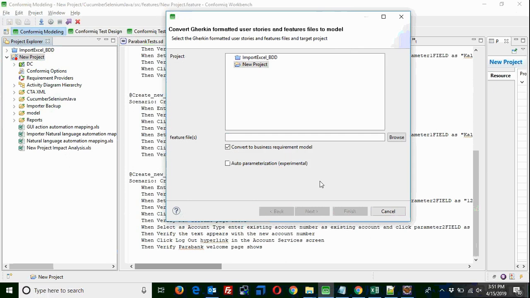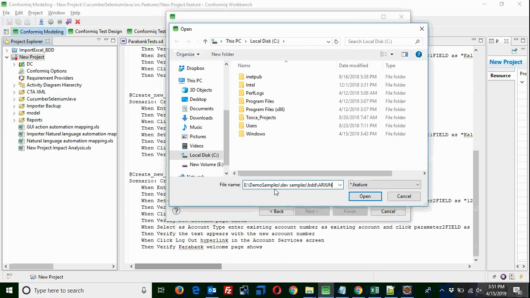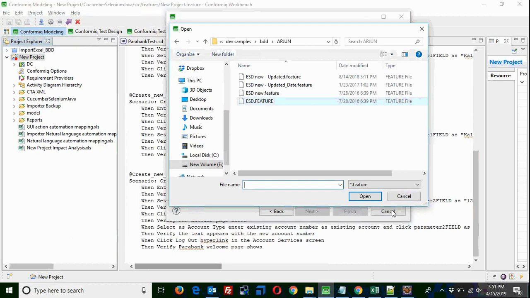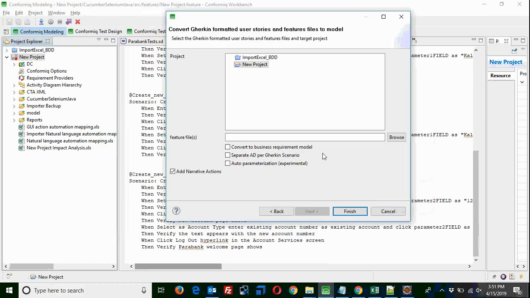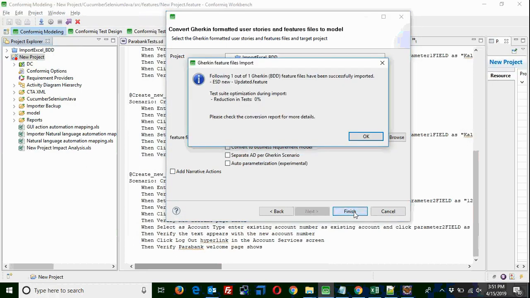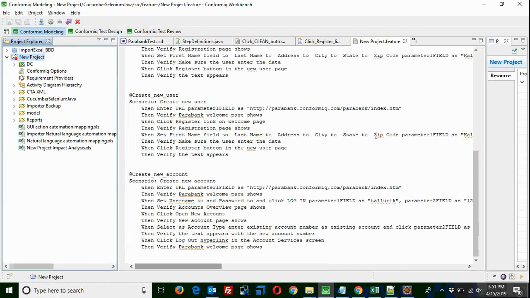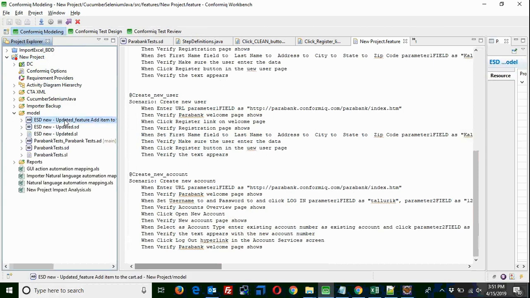I'll take this option, and when I select the respective feature file and say finish, the same way it refactors the entire Excel test suite, the feature file will also be quickly refactored, and you can see the model generated here.